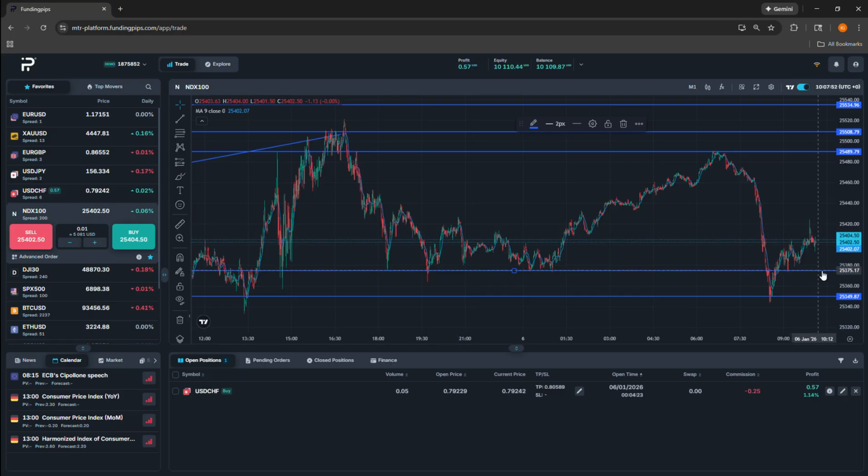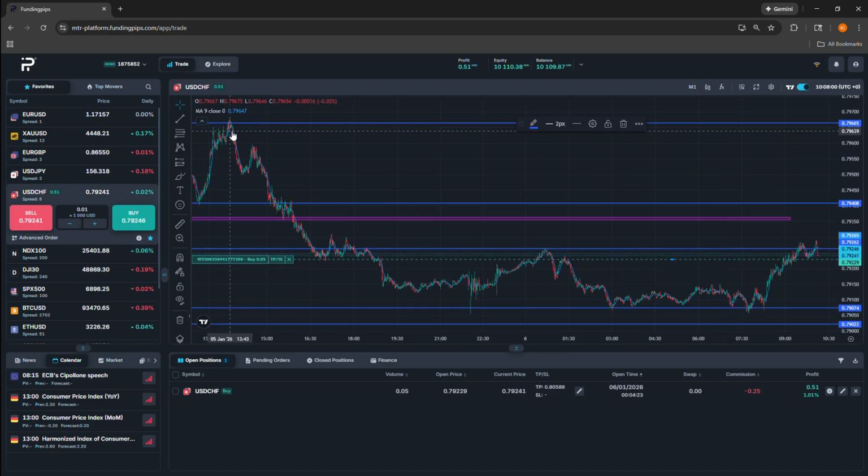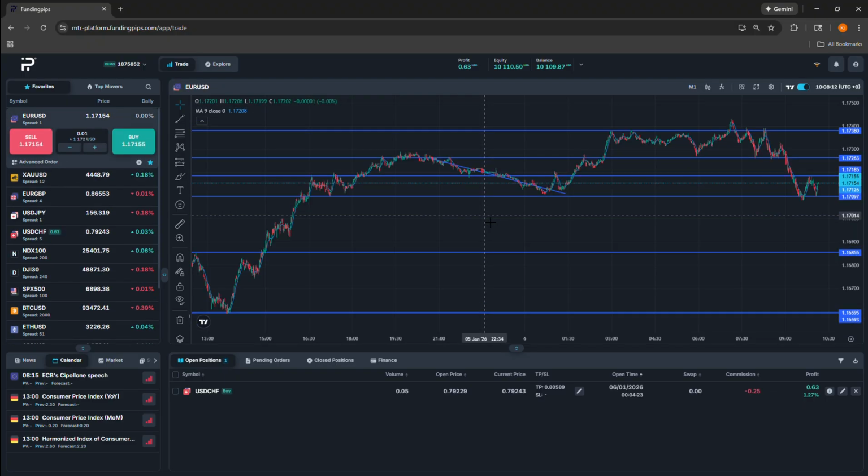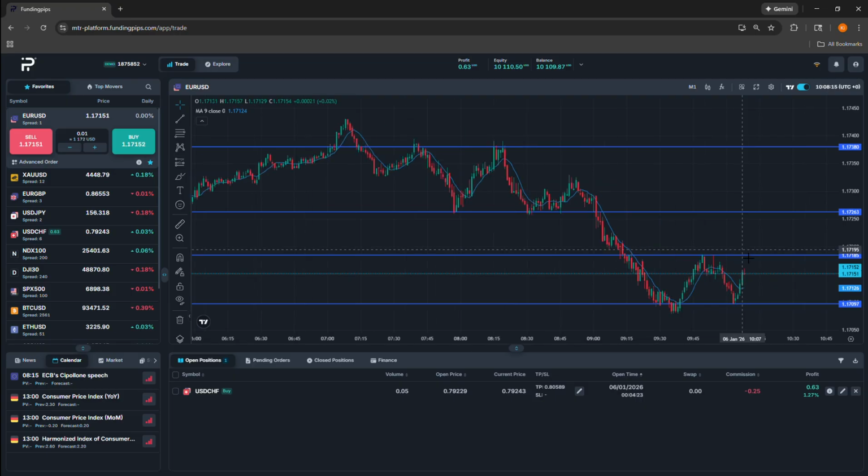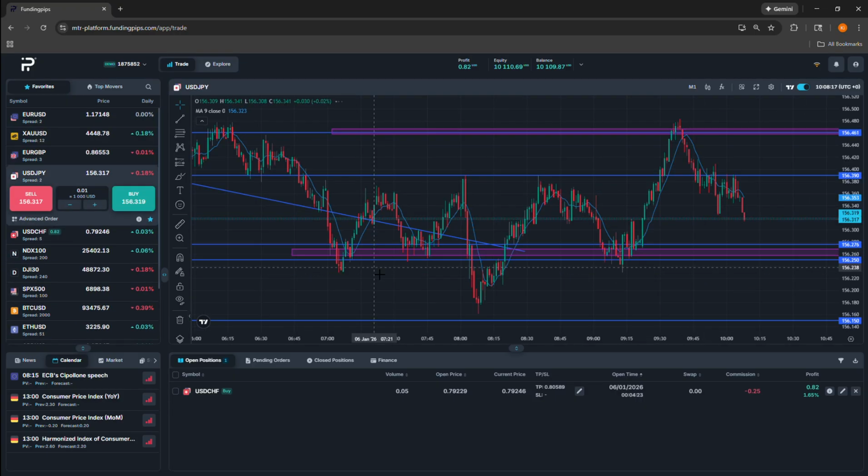So if it's here and it behaves like that, I might be interested in entering. But what happens is when something moves like that, it generally sticks around like this for quite a while. Okay, so that one popped a little bit. JPY is now heading towards a favorable area. Yep. So I'd call this a soft support